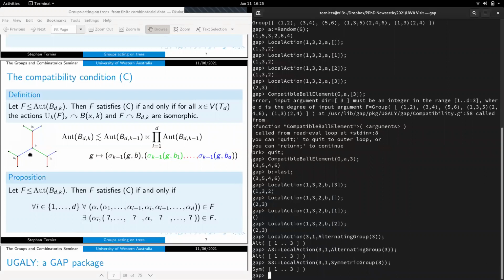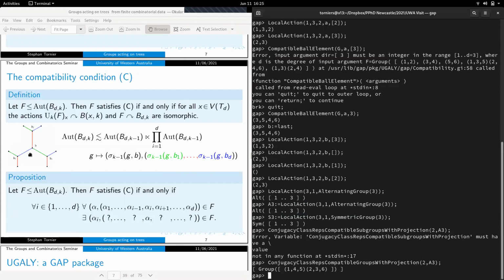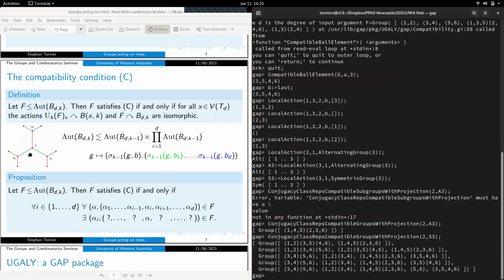And so now I can ask, well, what are all the conjugacy class representatives of compatible subgroups with this specific projection, let's say A3, acting on a ball of radius 2 of the same degree as A3? Conjugacy class. I've also recently renamed things. So there's only one group, okay, but then for S3 there are 5 subgroups, or conjugacy classes rather, which have